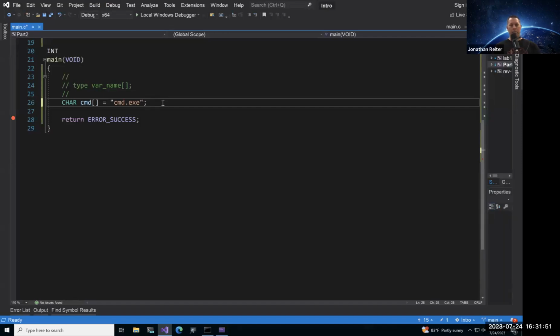Now, what's very important to understand about C style strings, okay, C++ is a different beast. For C style strings, for certain functions to operate, like strlen, to find the length of a string, a loop has to take place. You have to iterate over each individual index.